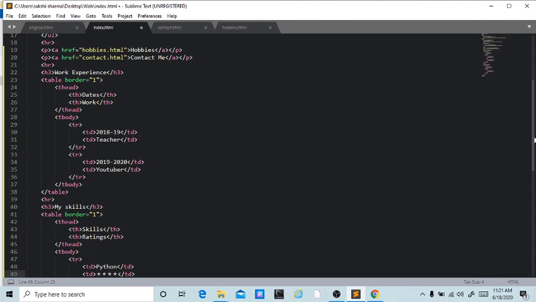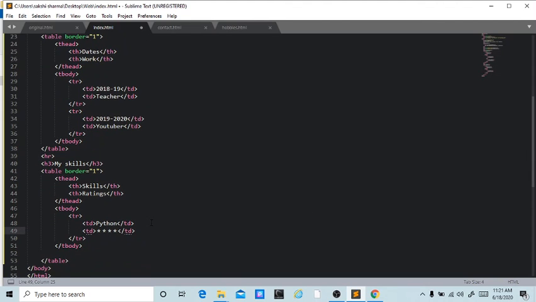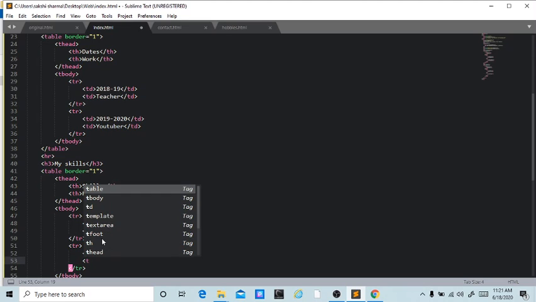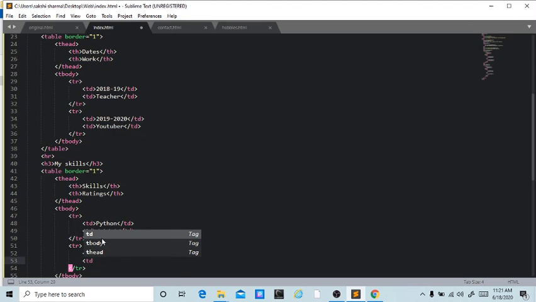Now let's add another talent, another skill, TR, TD. You can add as many as you want, you just have to create as many rows as you want. So skating, I really don't know skating, so for this I'll be giving myself only 1 star.